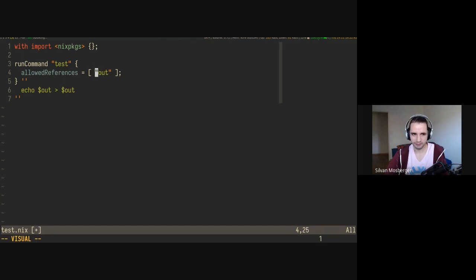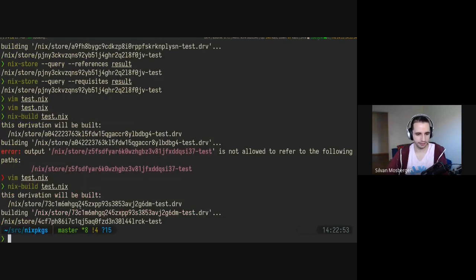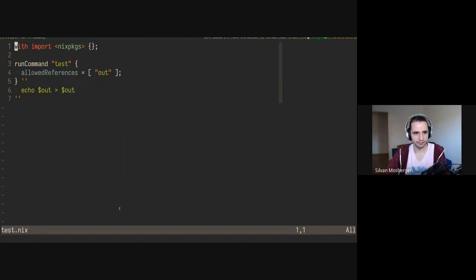This seems to be some special syntax, the out string here. I think generally you'd have to pass a nix-store path, but I guess this works. If we do this, it works again. We can also try allowed requisites. So this is the closure. If we don't allow anything in the closure, I'm now wondering if this